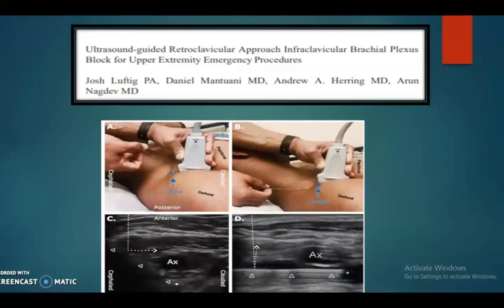The advantages are that the arm does not have to be abducted. So this is a very good option in the acute ER setup. Also, the needle visibility is really good. It targets the cords at the level of the infraclavicular region, so it's a very compact injection as well. So, except for the challenge of traversing behind the clavicle, this is an option that has come out that needs to be explored.